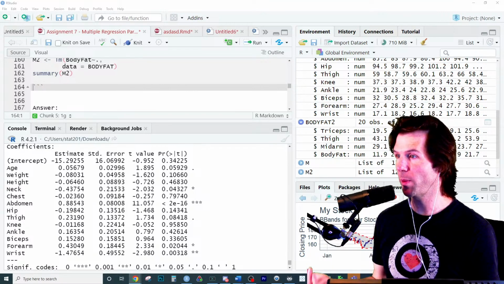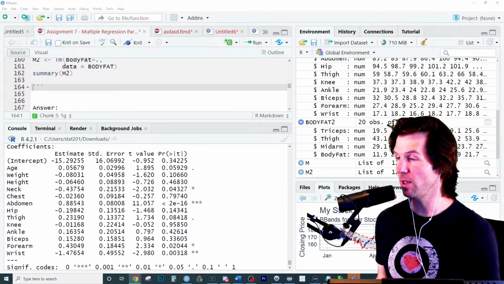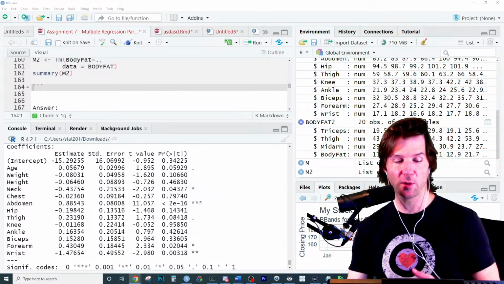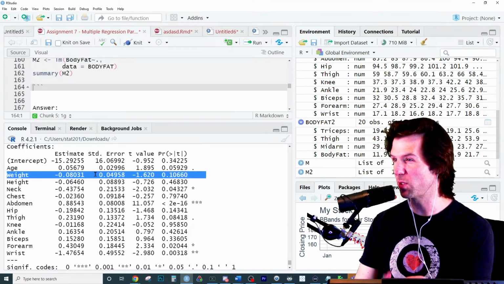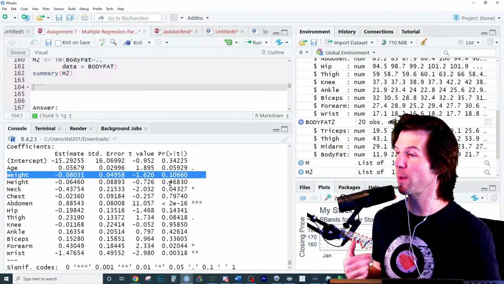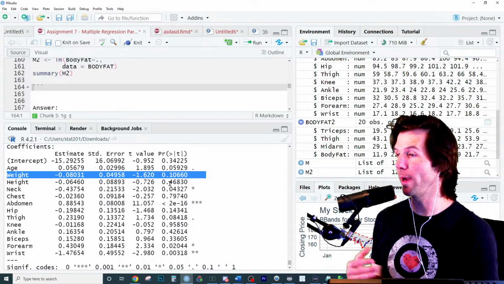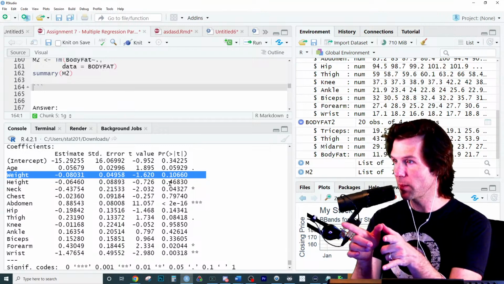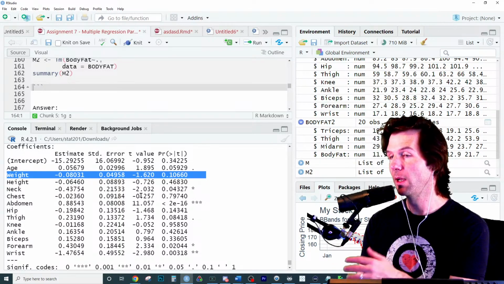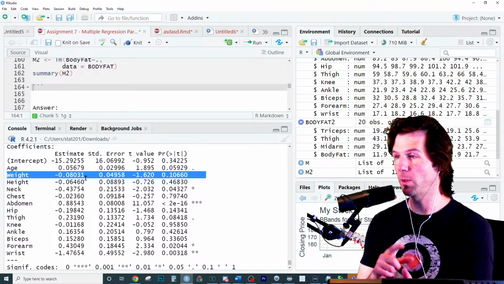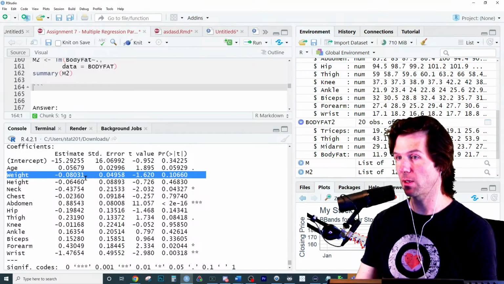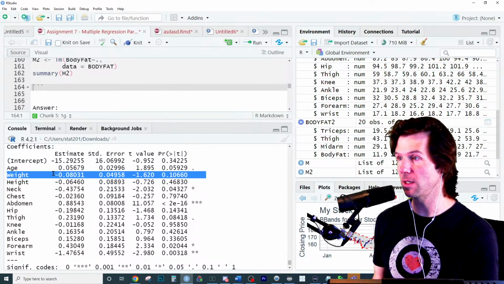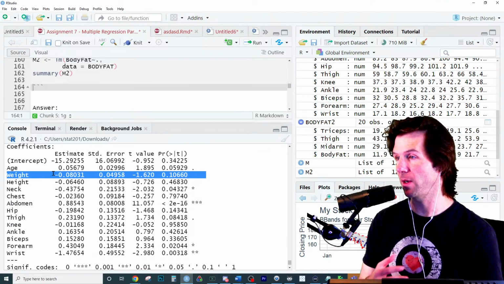So if you were to weigh 100 pounds more than someone and be otherwise identical, and that's what we acknowledge here, we say two people who are otherwise identical but differ by 100 units of weight, because then we would just times it by 100, would be expected to differ in body fat by 8%, where the person who weighs more is expected to have about 8% lower body fat. Does that make sense? I'm timesing it by 100 to interpret it in 100 units. Just times this by 100, move decimals over. The person who weighs 100 pounds more is expected to have lower body fat by about 8%.